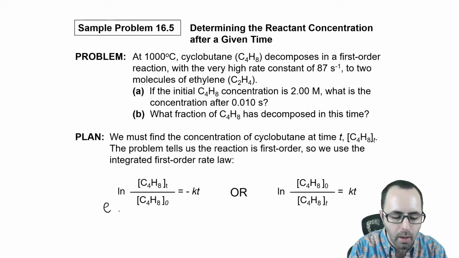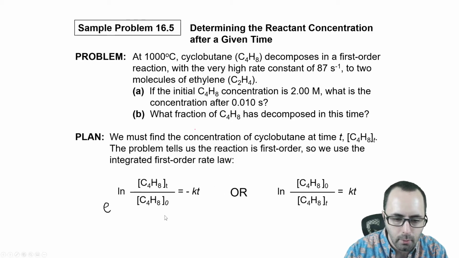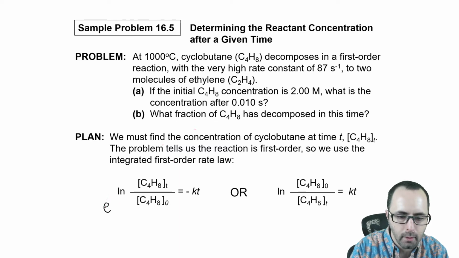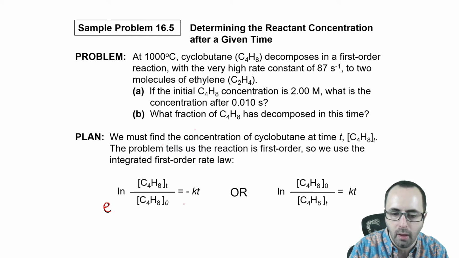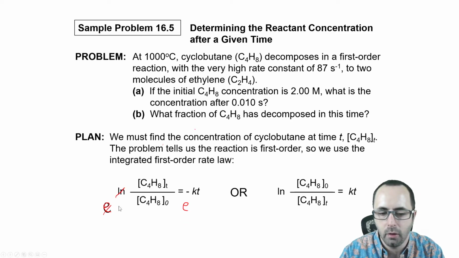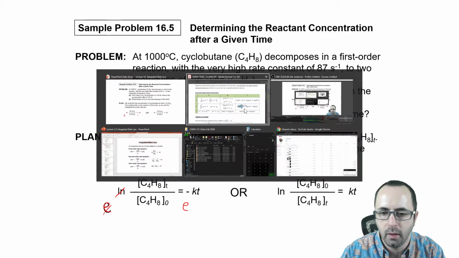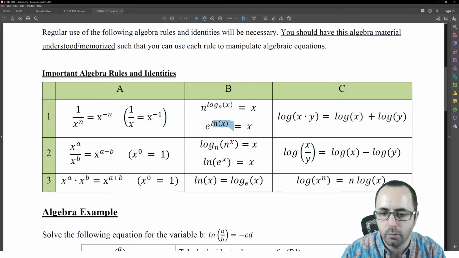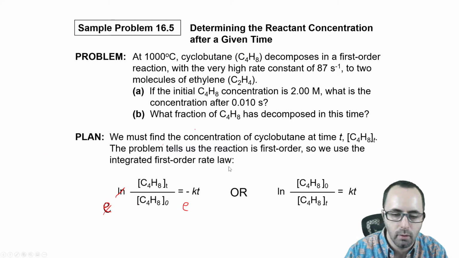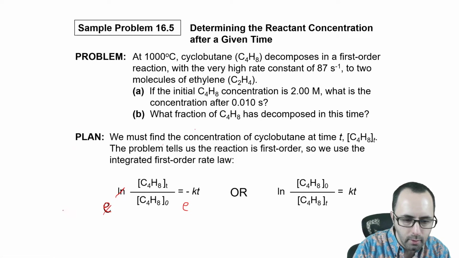I'm going to take e to the power of both sides. So e to the natural log here, and I want to make this a red one. E to the power of both sides. We're going to do that, and that's going to get rid of this natural log. In terms of algebra rules, what I'm using here is this algebra rule right here: e to the natural log cancels the natural log, and you get what's inside the natural log. So I'm using that, and so that gives me the